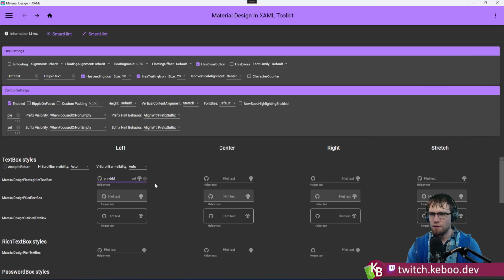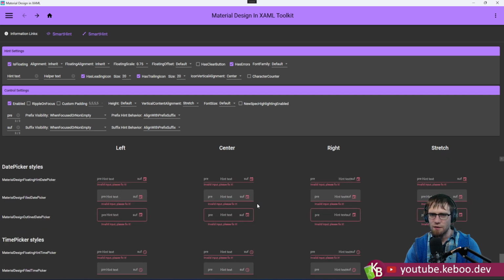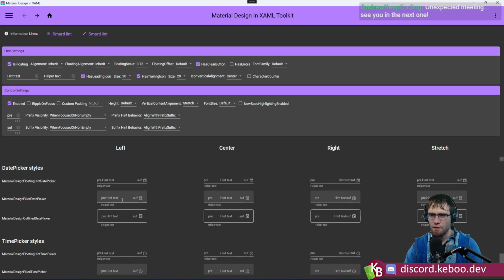Okay, so that looks good there. Floating thing. Interesting. Oh, that's the clear button. Has clear button. So if I turn that off, that behavior will stop. Yep. Then has errors. Nice. Nice, nice, nice. What's really impressing me is